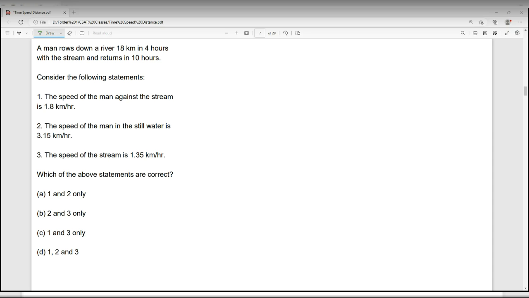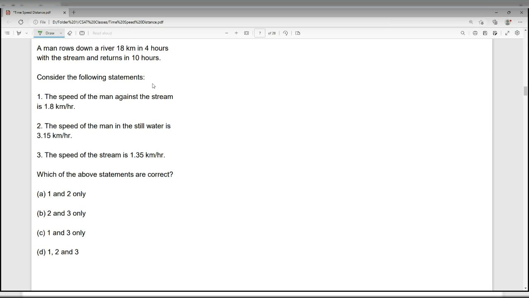So we have got around 22% people have selected option B, 56% option C, and 22% option D. So we'll see how to solve this question, what is being asked. As I discussed in the basics part, this is about a man rowing. He's in a boat and he's rowing down a river 18 kilometers in 4 hours with the stream and